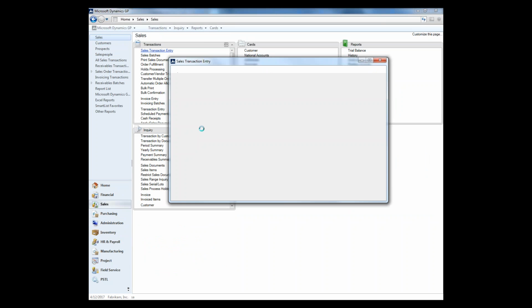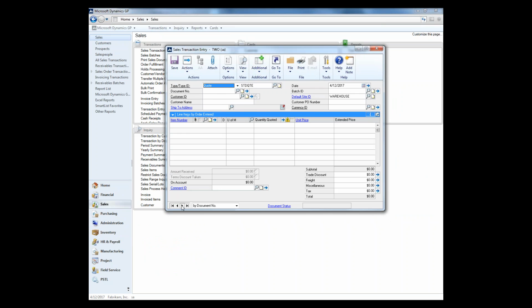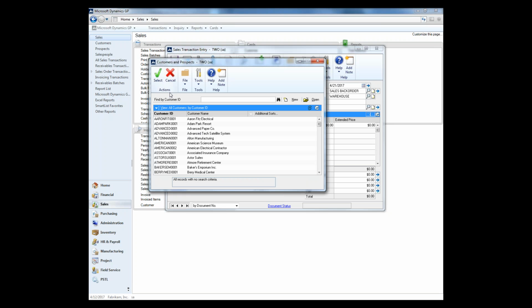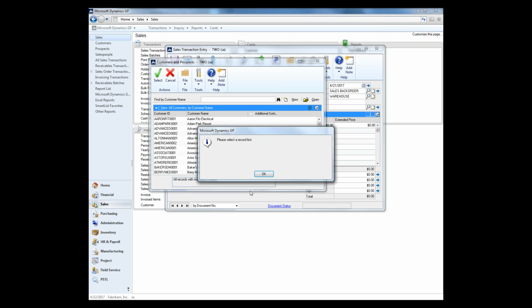Another function added to GP 2013 on is the ability to pick and choose your lookups and the default sort order. Anybody love the fact that whenever you get into customer IDs, it automatically defaults to customer ID and there's no way to change that off of something else? Now in the versions, you can change the sorting lookup for items, employees, customers/prospects, salespersons, and vendors per user per company. So if I wanted it to always be defaulted to find by customer, I can select that column, hit the drop down, and set that as the default view. The next time I get into that window,